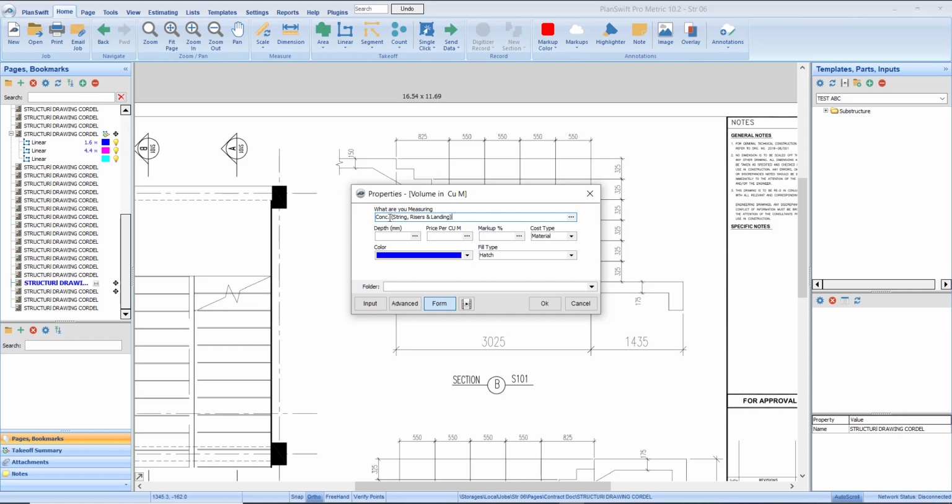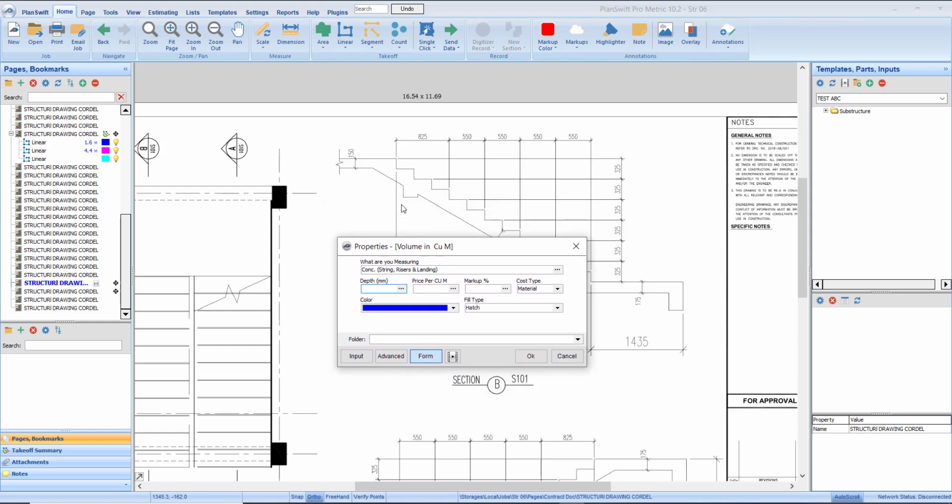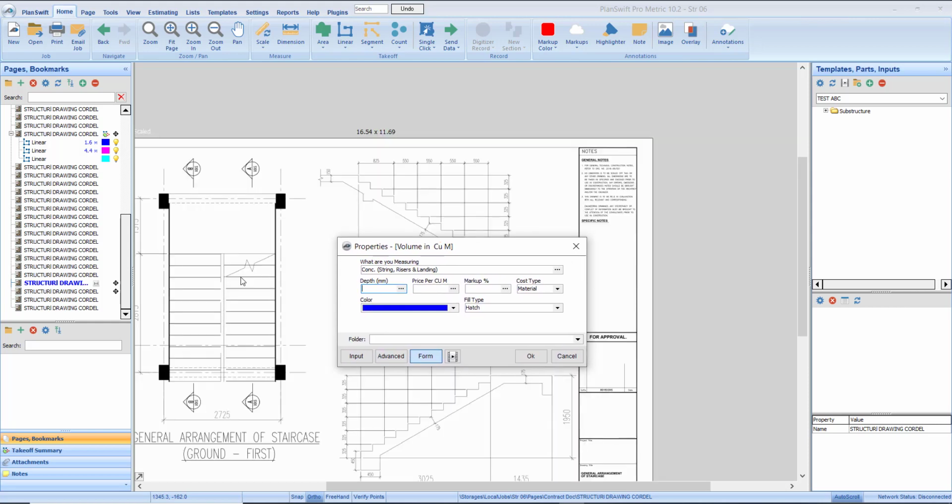So I'll take measurement for all of these at once. Then the depth, I want to explain this depth so that it doesn't confuse you. You can actually customize. By default you will see depth here, but since we are measuring for staircase, you can see that from our plan that this length from here to here is 2725, and this 2725 is covering both